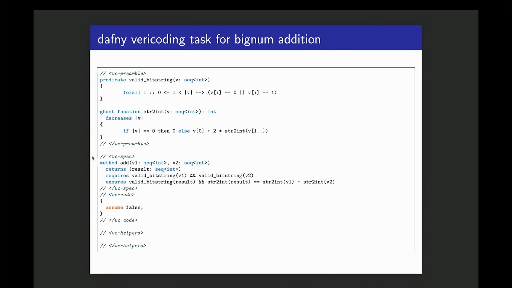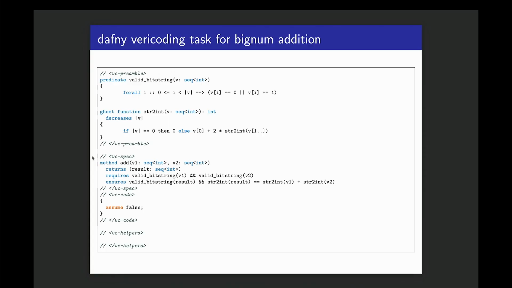So the challenge here, the task, is to give me the addition of two big integers. The addition should satisfy that when I transform them into real, mathematical integers, I have this translation function which tells me the mathematical value of my string. This is just the classic bit string decomposition. And we have this.